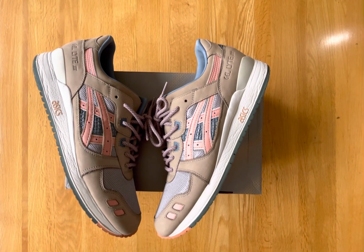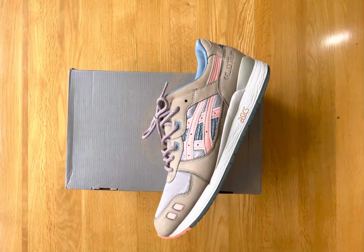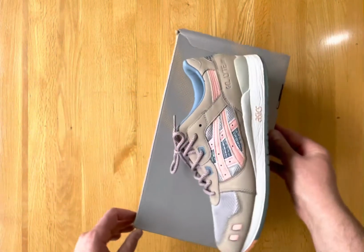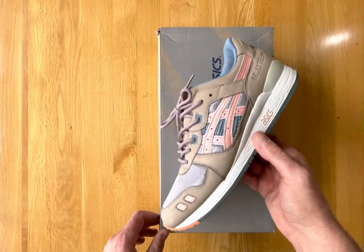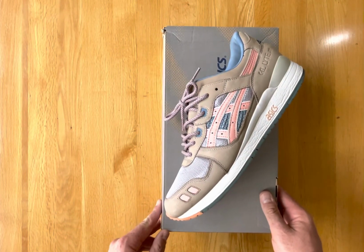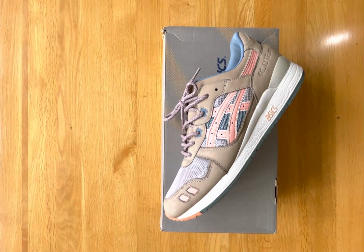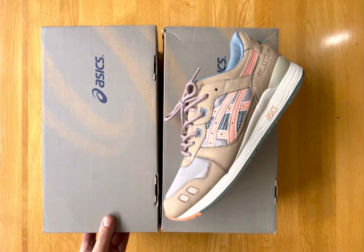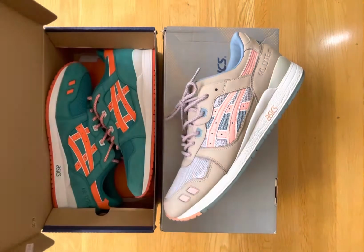Cool. Okay, so I'm going to do as I've started doing with these videos. I'm going to make some comparisons, not really for any reason other than to show what these look like alongside some of their counterparts in other Ronnie Fieg and Kith pairs. I'm going to start with some of the older pairs, and we'll probably get newer as we go along. As I say, for no real reason,